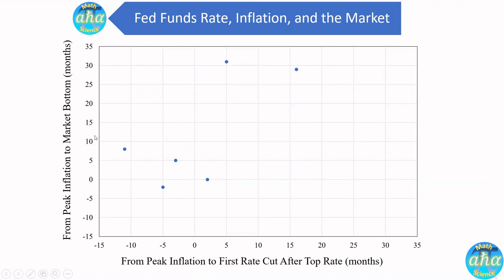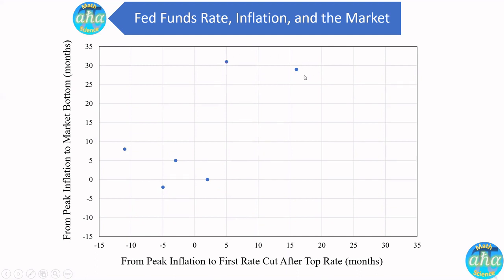So you can see the data kind of fall into two categories. One is the Federal Reserve made the rate cut even before the inflation peaked, or right at the time, or just a little bit after the inflation peak. And then it does not take a lot of time for the market bottom, because these are small numbers. This is like the market just bottomed when the inflation peaked. This is like 8 months after the inflation peak. But then in two cases, up here, the Federal Reserve made the first rate cut quite some time after the inflation has peaked, and then you see it takes a much longer time for the market to bottom.